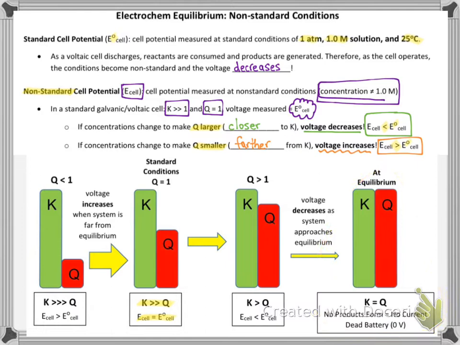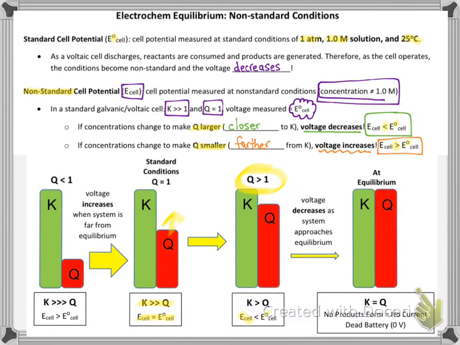But the new information is, as you progress from your current conditions to reach equilibrium and make more products, Q is going to keep increasing. So the idea is Q is getting bigger and bigger as it approaches K. What's happening as you get closer and closer to equilibrium? You've got a lower and lower driving force. So the closer you get to equilibrium, the less measured cell potential you have